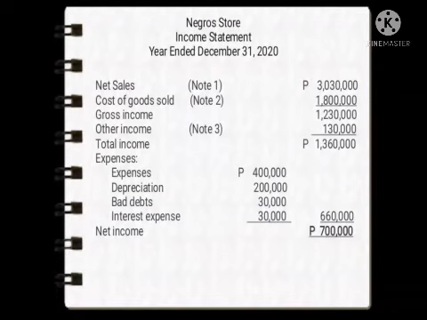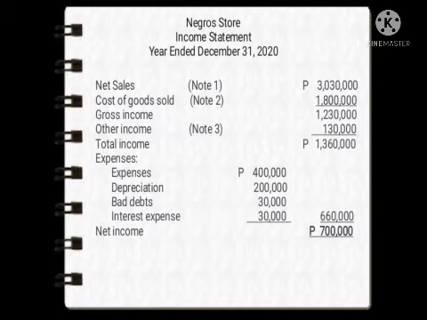Since we finish computing for the necessary computations to prepare the traditional income statement, such as the sales, the purchases, the interest expense, the rent income, the gain on sale, and the depreciation, let's now compute the income statement. So the Negros Store income statement at year ended December 31, 2020. The net sales is